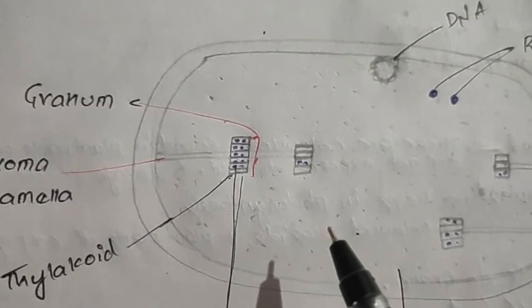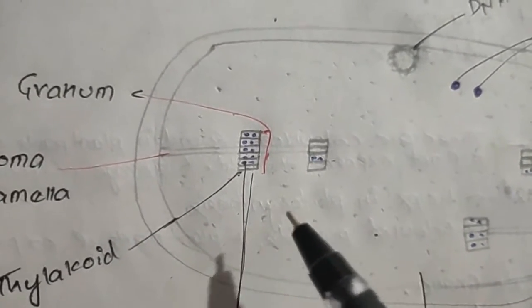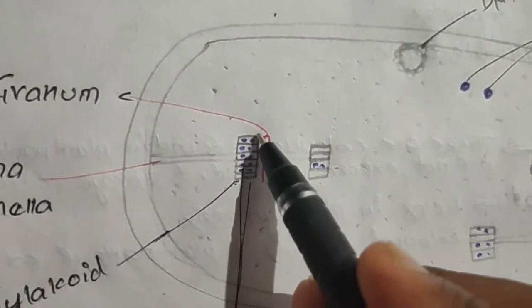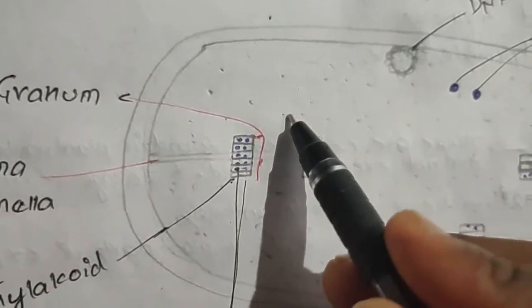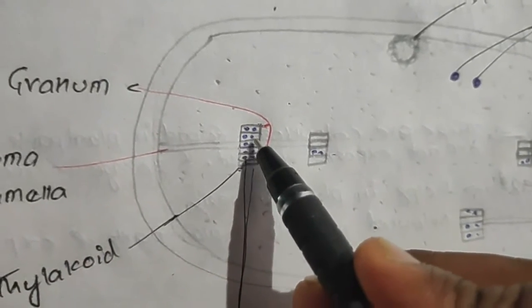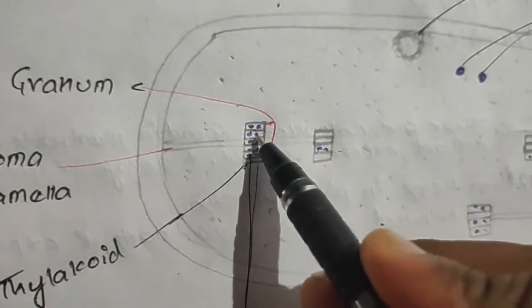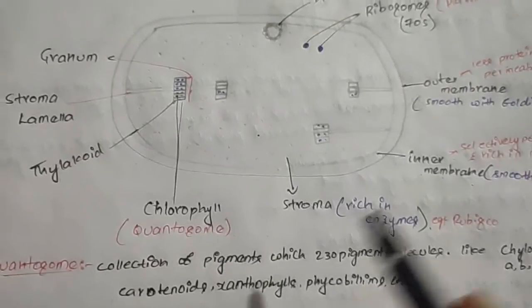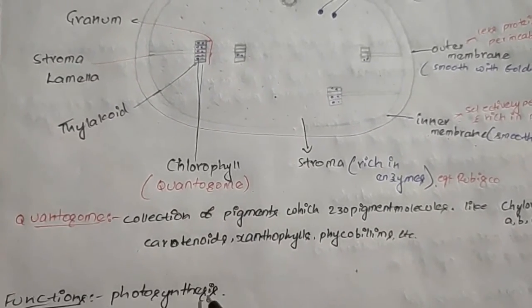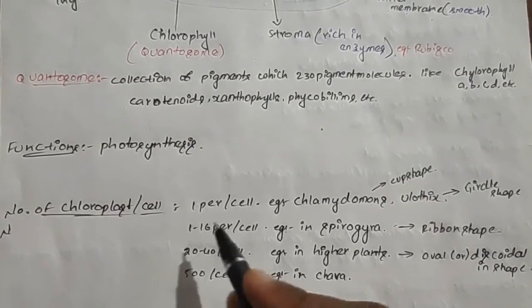Among the light harvesting complexes, photosystem 1, which absorbs the wavelength 700, will be present in the non-appressed part. Non-appressed part means the membrane of the thylakoid which is in contact with the stroma, and photosystem 2 is present in the appressed part. Appressed part means the membrane of the thylakoid which is in contact with the other membrane of the thylakoid. And this chloroplast helps in photosynthesis, and it also helps in all light reactions and dark reactions of the cell.